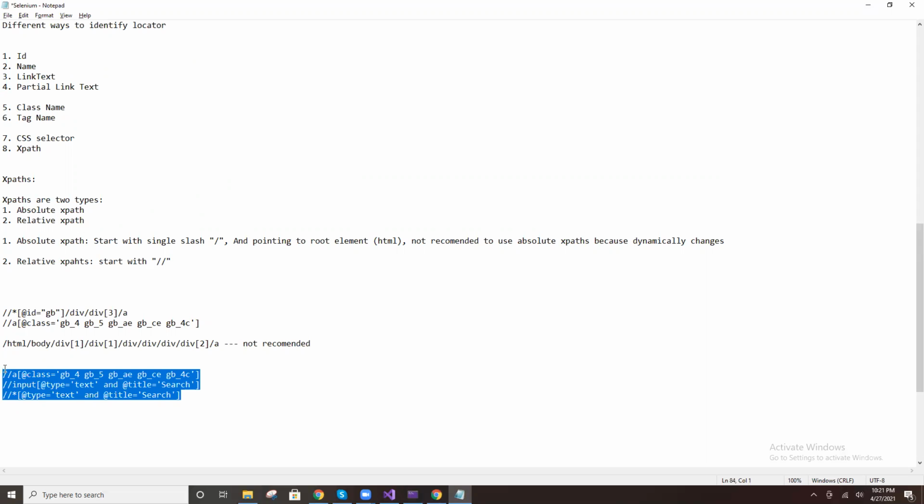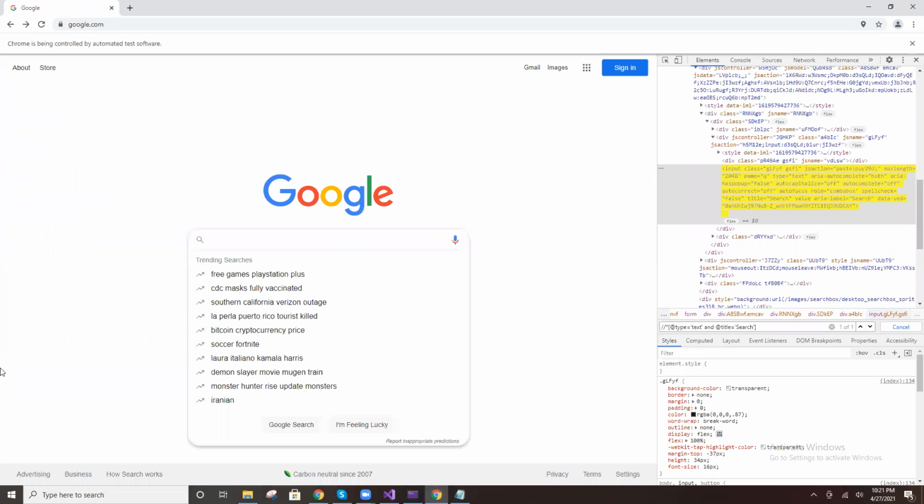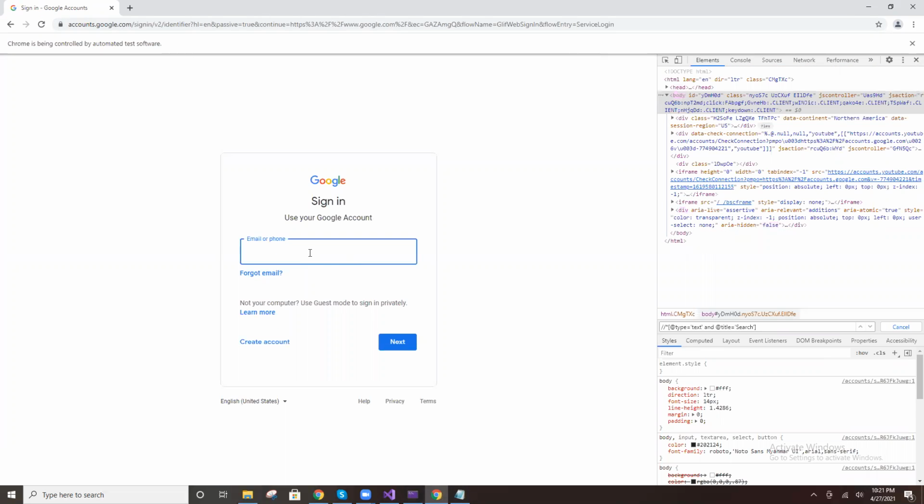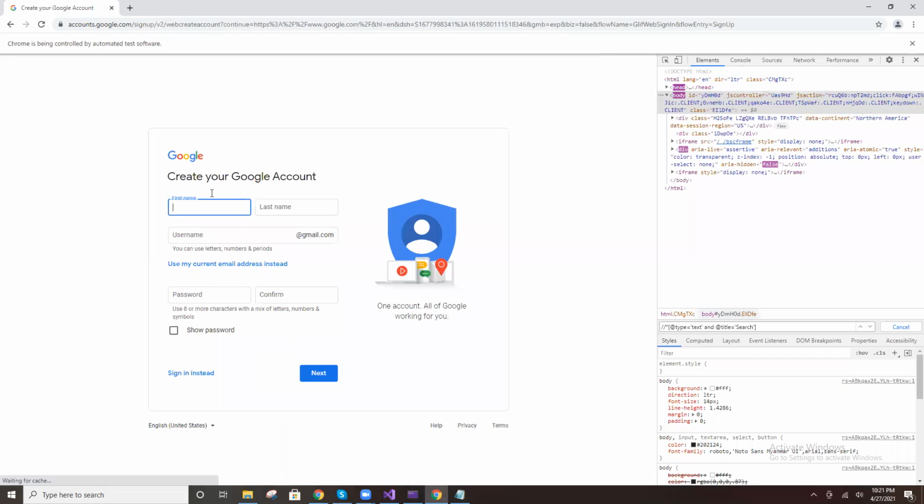Practice this thing based on this one. As of now, Google: click on sign in, click on create an account, click on myself, enter username, password, like that. You can do it by tomorrow, up to here.